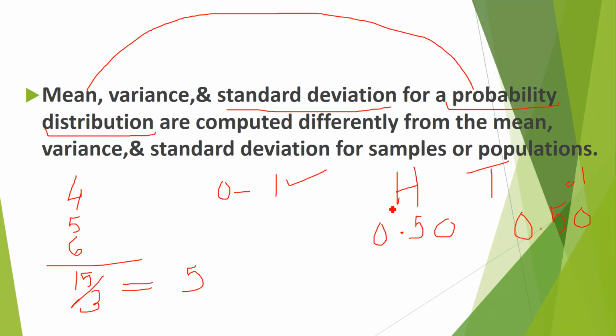So this is called the sample space, the total number of outcomes. In the case of a coin, we have two, head and tail. You cannot say that head is the sample space. No, if you pick only one, that is called the outcome. But both head and tail together are called the sample space.